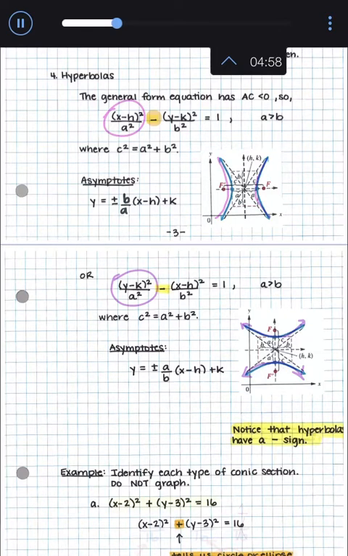So what do you do if you have these all jumbled up together like you do in 10.4? How do you know which one's which? Well, let's take a